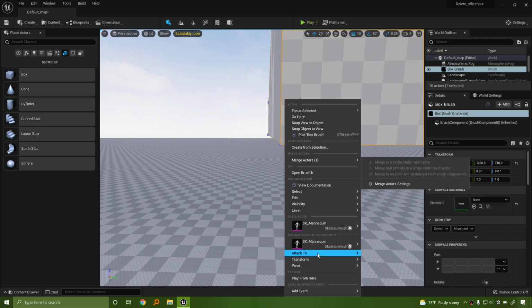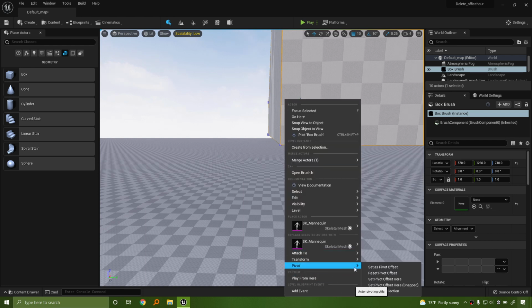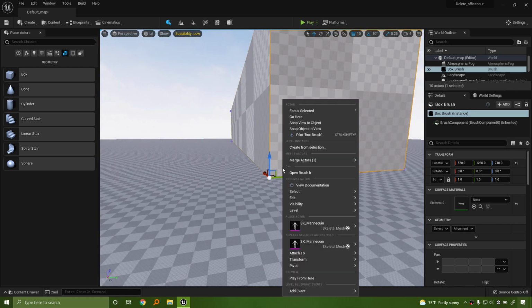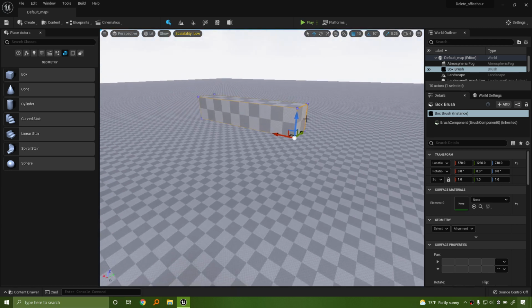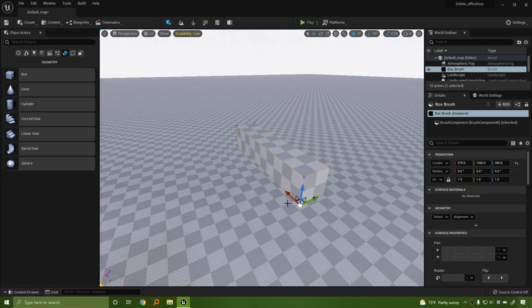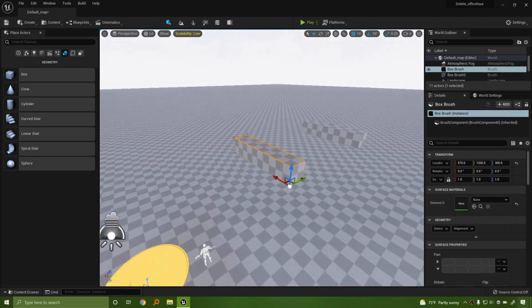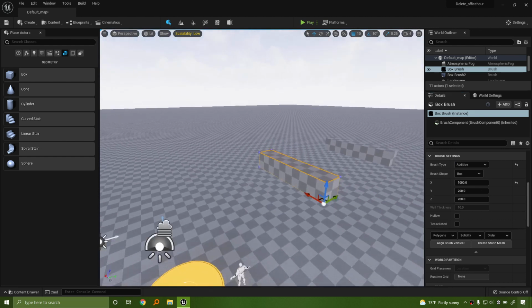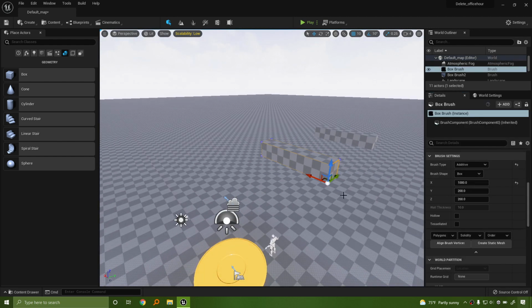I gotta get closer. Good enough. So what that does is puts that in a position where I can work with. You don't have to do that. That's just kind of what I do, and then I'm gonna make a duplicate of that so I can work with it later. But that's just what I do when I'm doing level design or something. You can just leave it as standard and not worry about it.